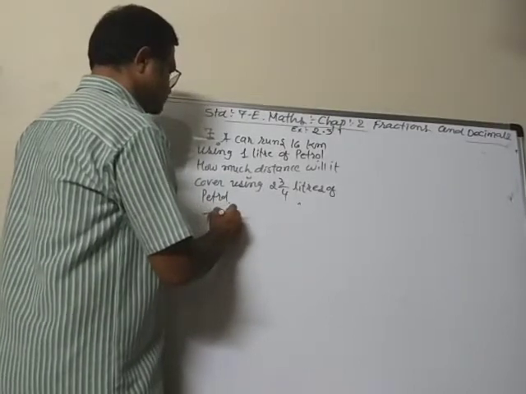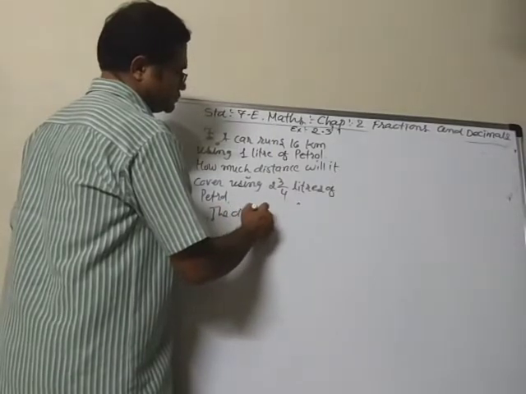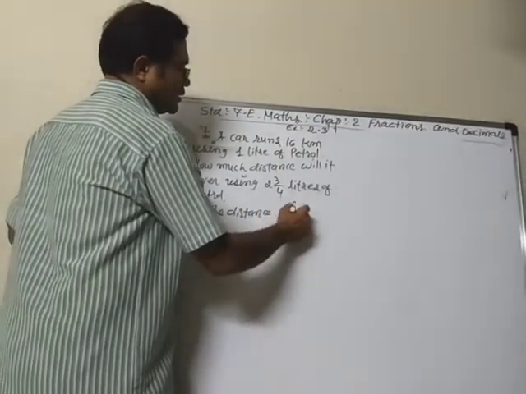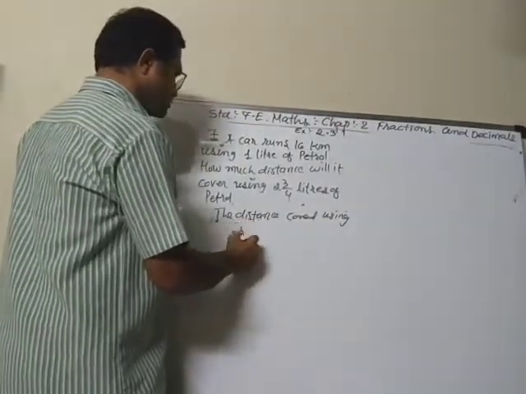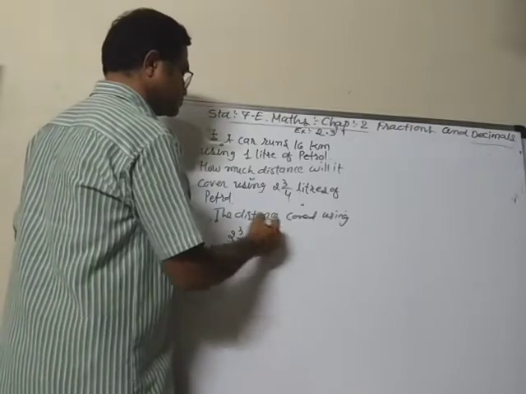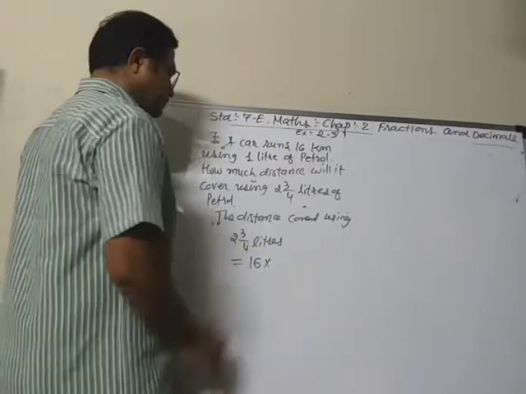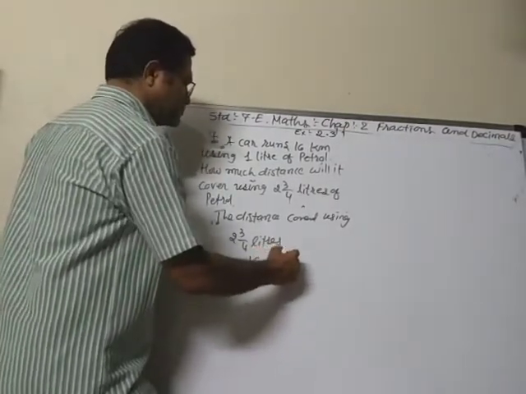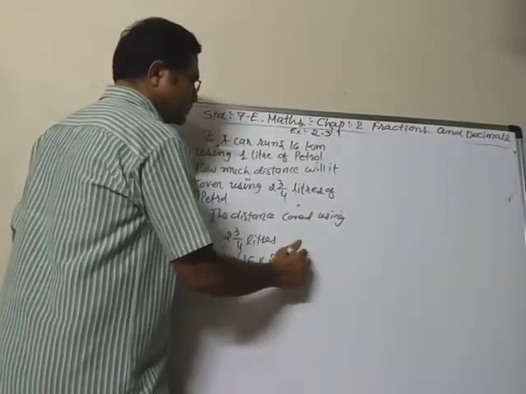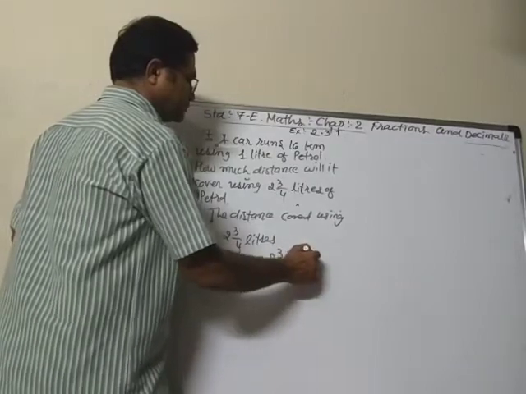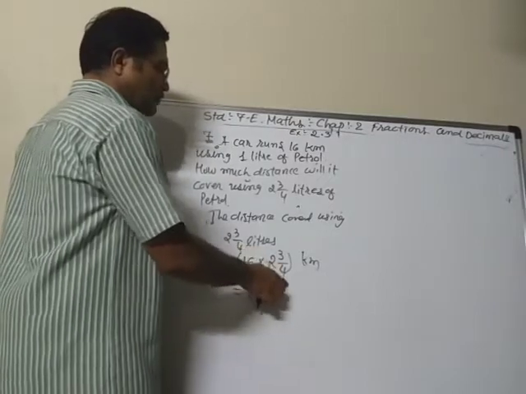To cover the distance covered using 2 integer 3 by 4 liters is equal to, we have to multiply them, 16 km multiplied by 2 integer 3 by 4 kilometer. So it is equal to 16 multiplied by, now we have to convert it, 4 2s are